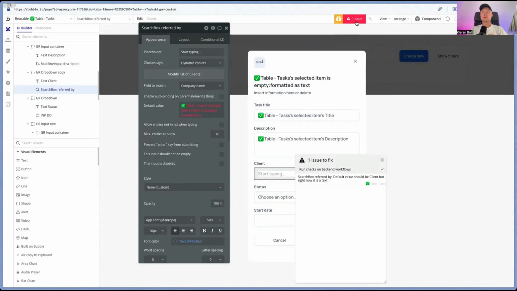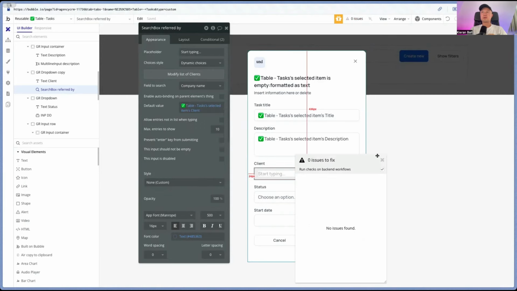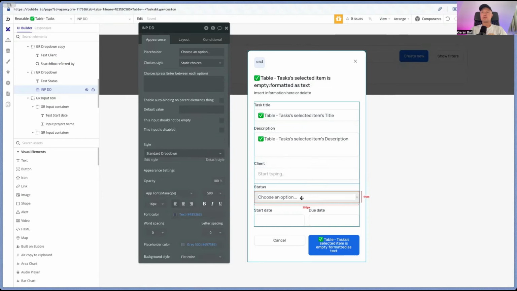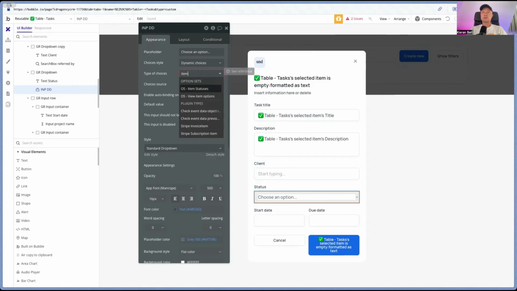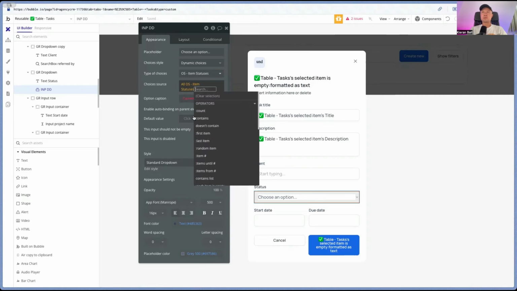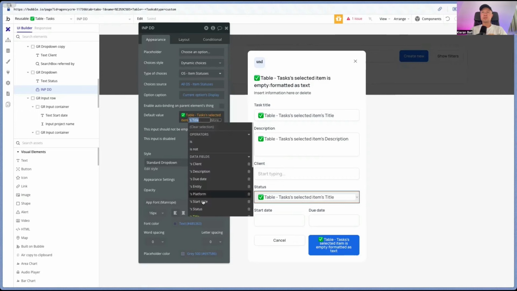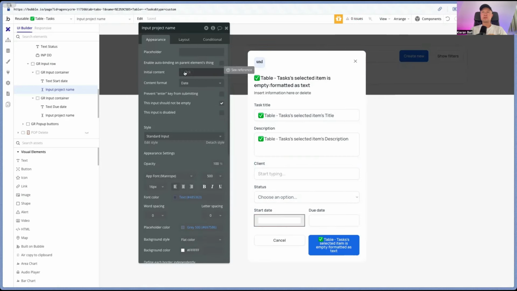Why is that causing an issue? Default value should be client. Okay. Okay, and then status is going to be item statuses, all item statuses, current options, display, and the default value is going to be the existing task status, and then this is going to be